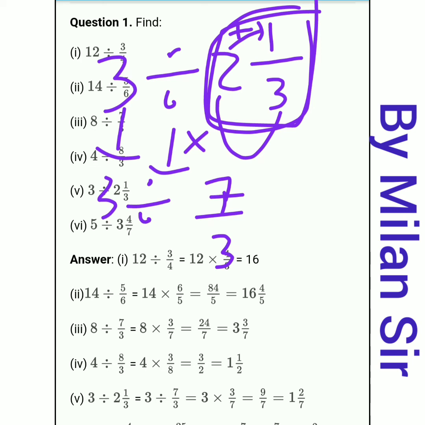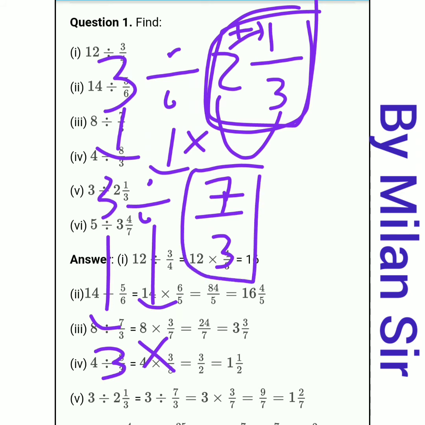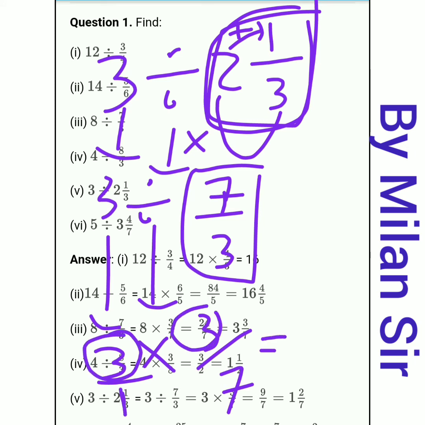So here now we can convert this division process into multiplication. So 3 as it is, division becomes multiplication, and we need to take the reciprocal of 7 by 3. It is 3 by 7. Now here we cannot cut this 3 because both are present in the numerator. Here nothing is present in the denominator, so we can write 1. So here we need to do multiplication. 3 3s are 9 divided by 7 ones are 7. Okay, so 9 divided by 7.